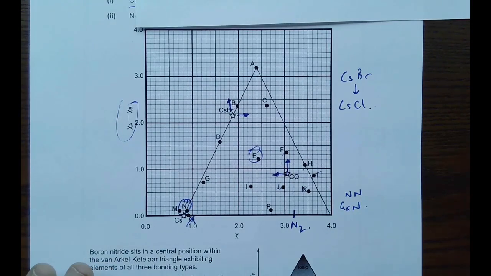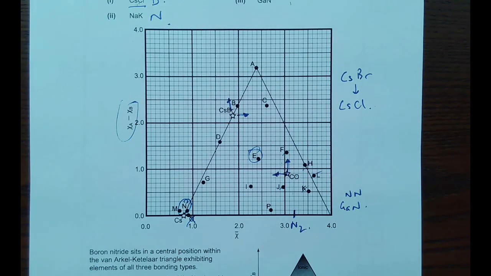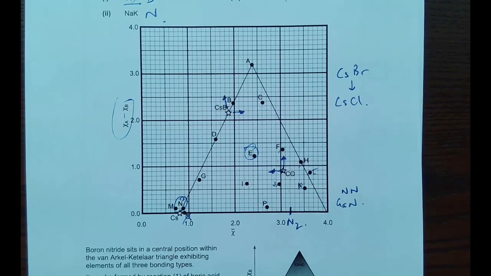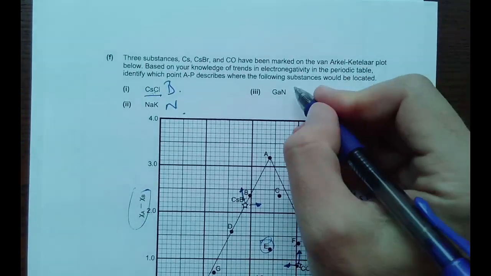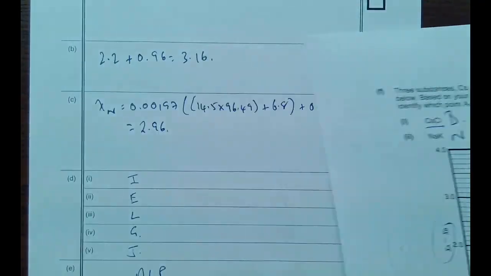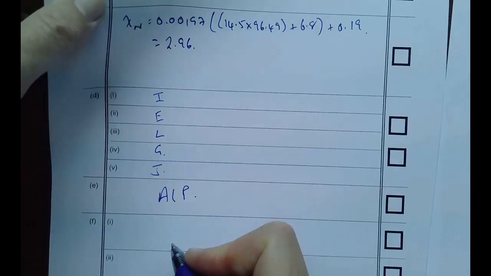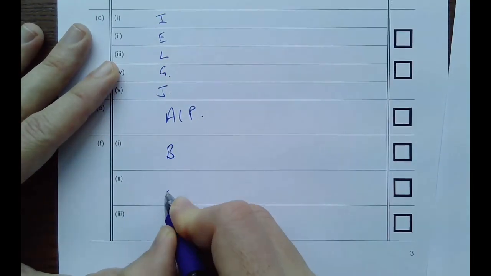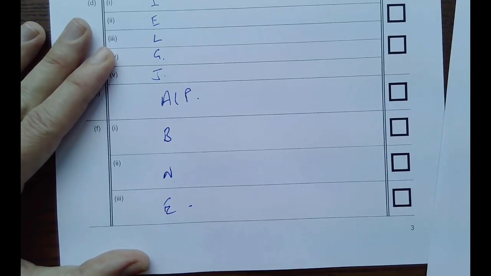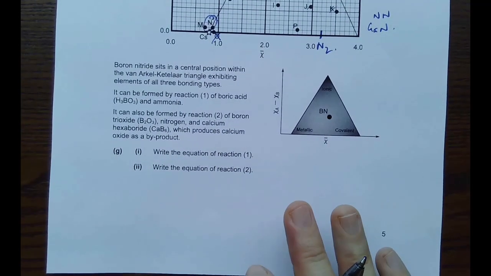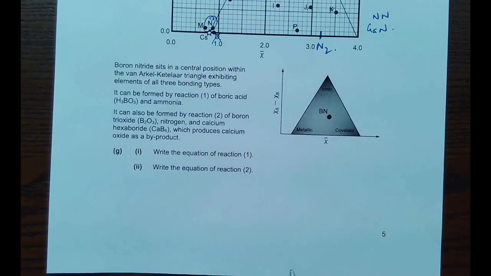Okay, hopefully that makes sense. You know, that's easy enough to follow for you. All right, so I get B, N, E are my answers. Maybe if you've got a better way of working through it, you can let me know, but that's what I got. Okay, and then boron nitride, and we're